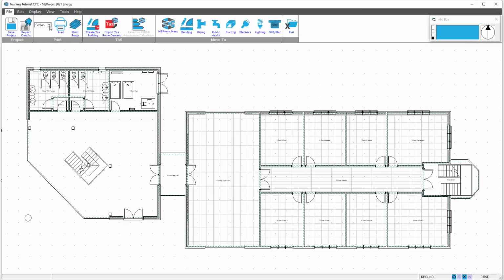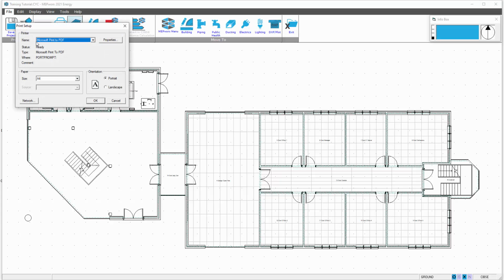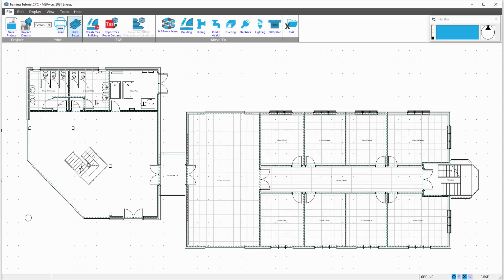Prior to doing any printing, it's probably advisable to go to your printer setup and make sure you're printing to some sort of preview, in this case print to PDF. This will then give you a good feel for the type and output of printout, which you can have a go at yourself. So a typical printout, for example, might be a data listing,